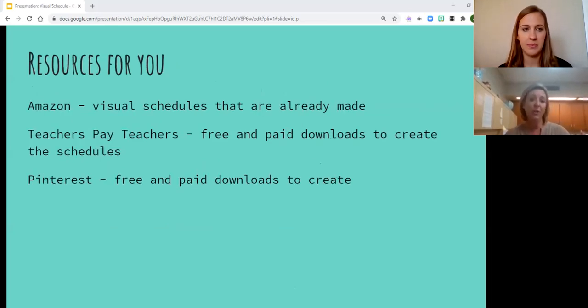Some resources for you. Amazon does have visual schedules that are already made. They're already cut, already laminated. I don't know if they already have the Velcro on them, I'm not sure about that, but they do have those types of things. You just search for visual schedules for kids and a million pop up. Amazon also has those timers like I was talking about before. There's also a website called